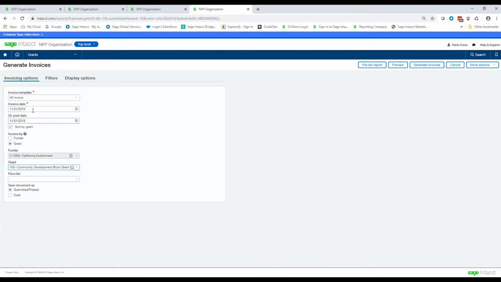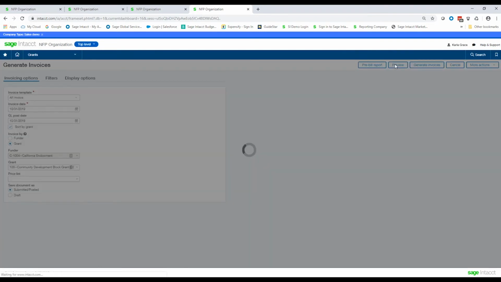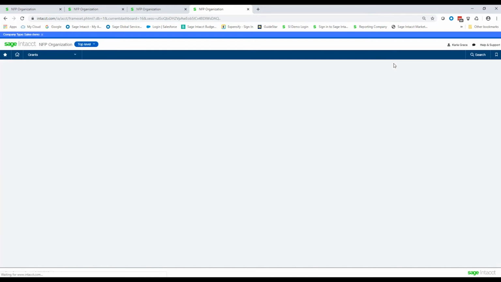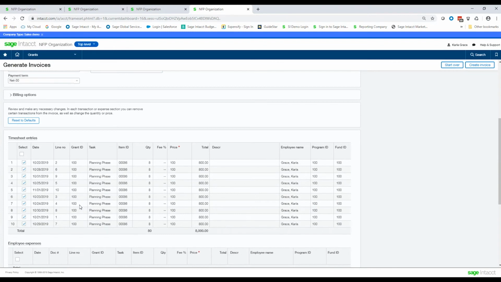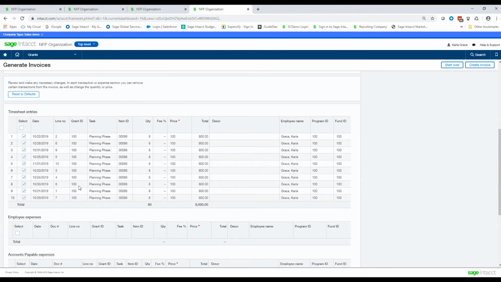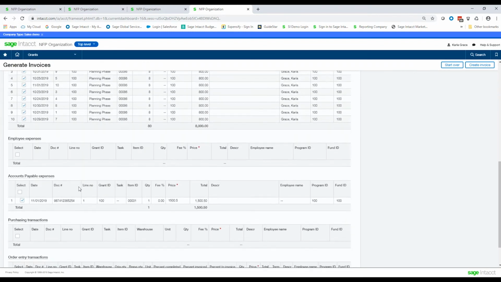Okay, so at this point I can fiddle around with my invoice date, my posting date. I'm going to keep it at, in fact, let me make this 10/31. I'm going to generate an invoice at the end of October. And I'm going to click on preview here, which is going to go fetch all of the transactions that are currently in the system as unbilled. Okay, now you'll see here that I have a form that pops up. It shows me all the time that was entered into the system. Okay, and also I have an invoice here, that